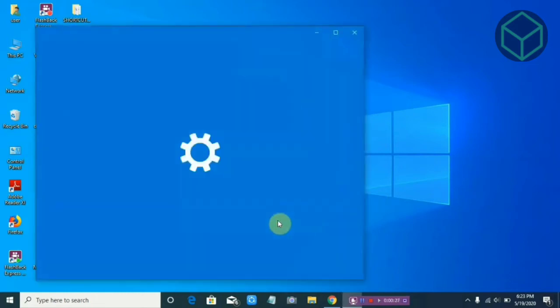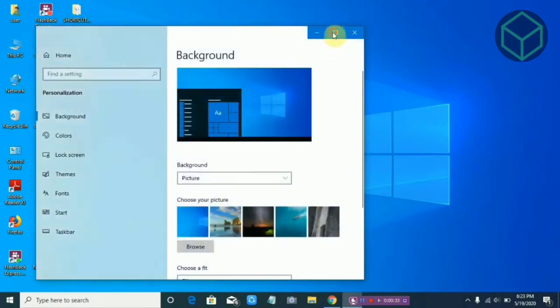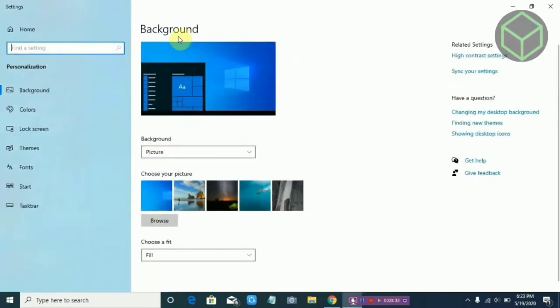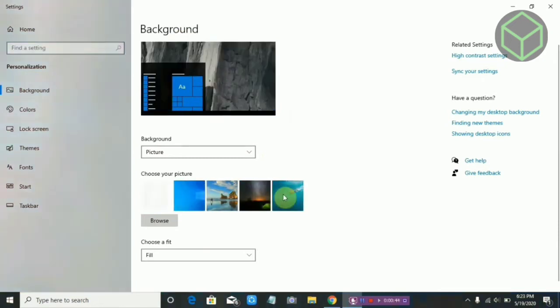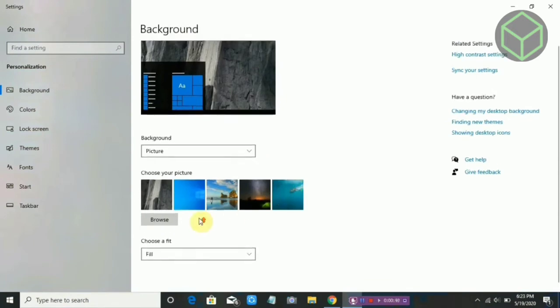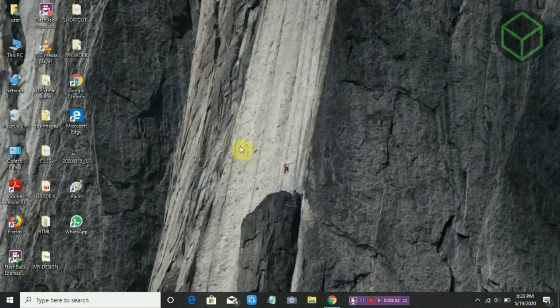Click over it and here we will get the background option and some different pictures. Choose your picture and go back to the desktop. This way we can change the desktop wallpaper.